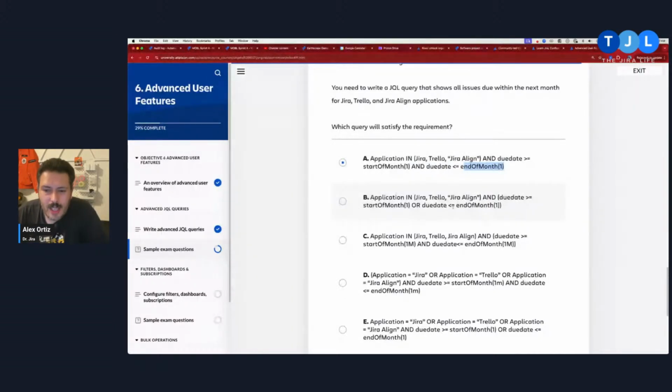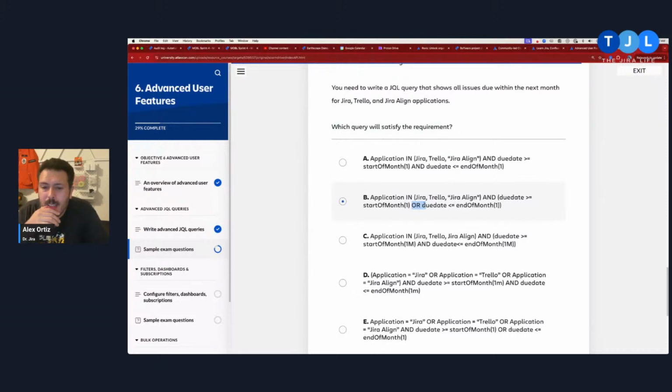This one says, and the due date is greater than the start of the month, or the due date is less than the month. I don't think that this one's right, even though they're very careful. The only difference is the and, right? And the or here.